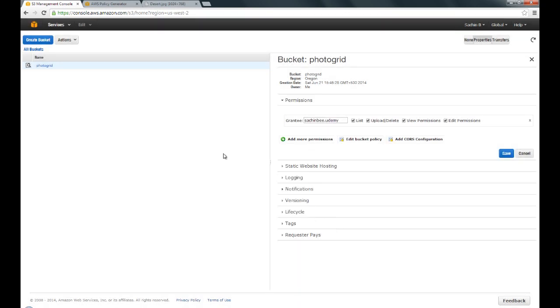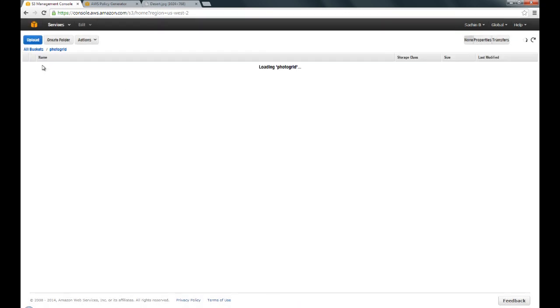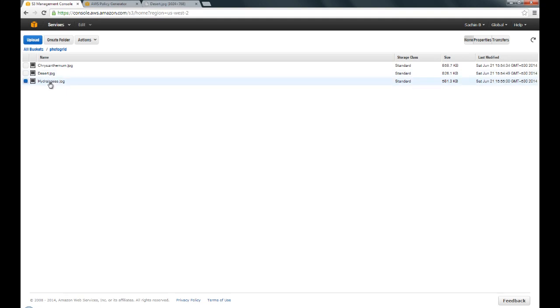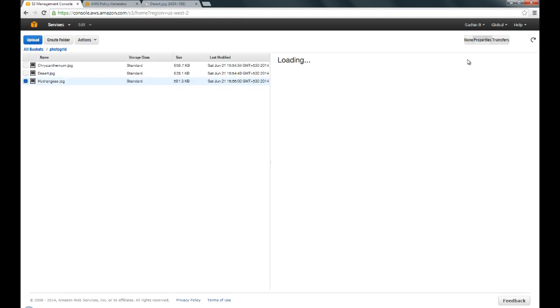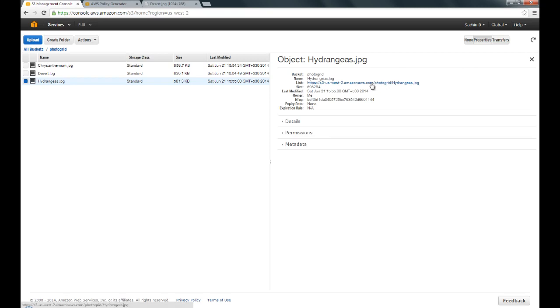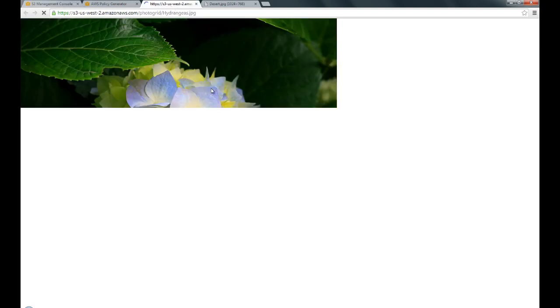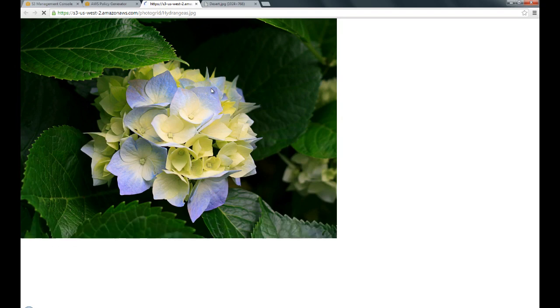Once this is done, you can go into the PhotoGrid bucket, and let's try clicking on any other file other than the desert.jpg, and go into properties. Now let's right click on this link and click on open link in new tab, and if we created the policy right, as you can see here, the files will open up just fine.